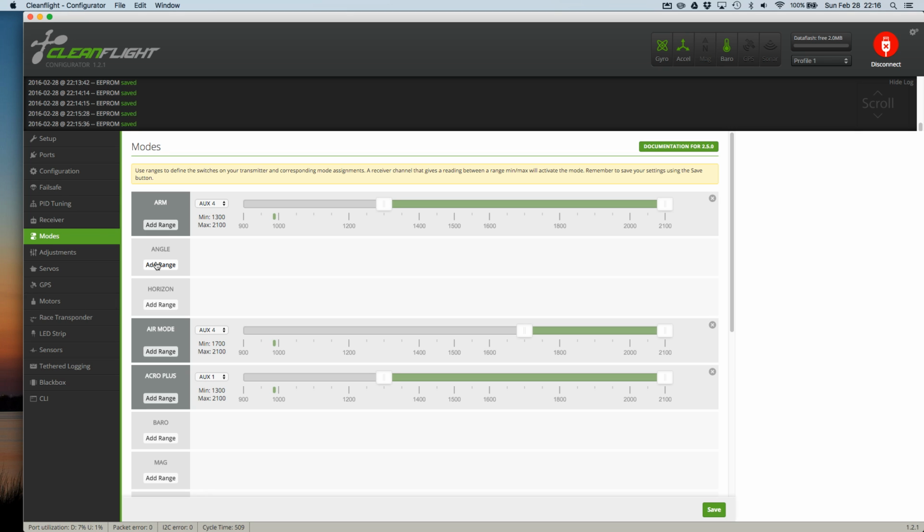Here's the other thing. Rather than using your sticks, let's say bring your throttle all the way down and yaw to the right, as a way to arm your motors, I would always use a switch to arm. So what you want to do is,